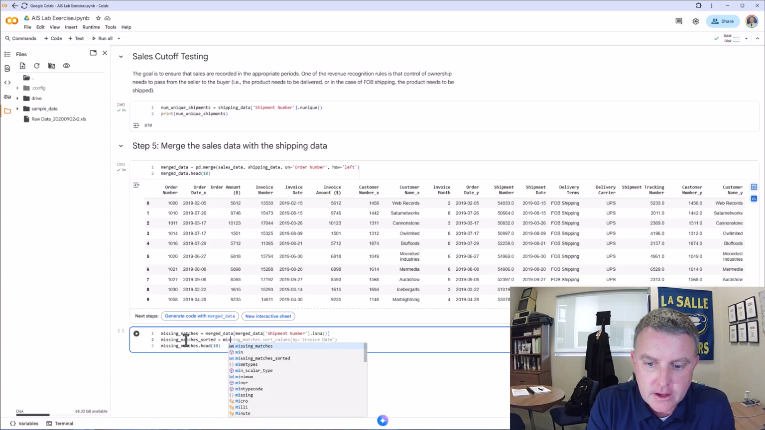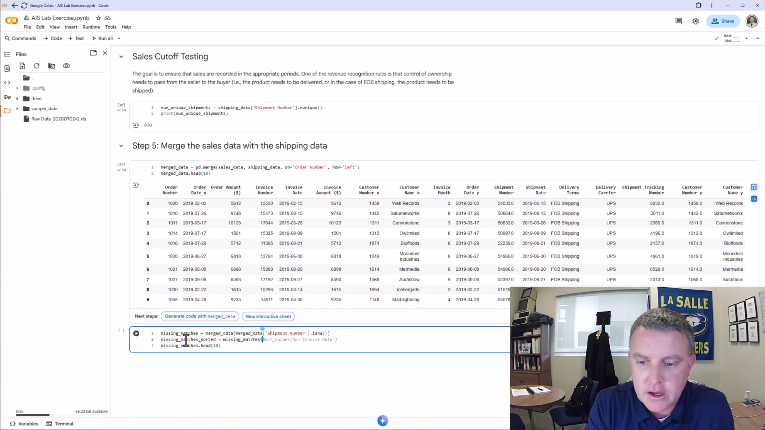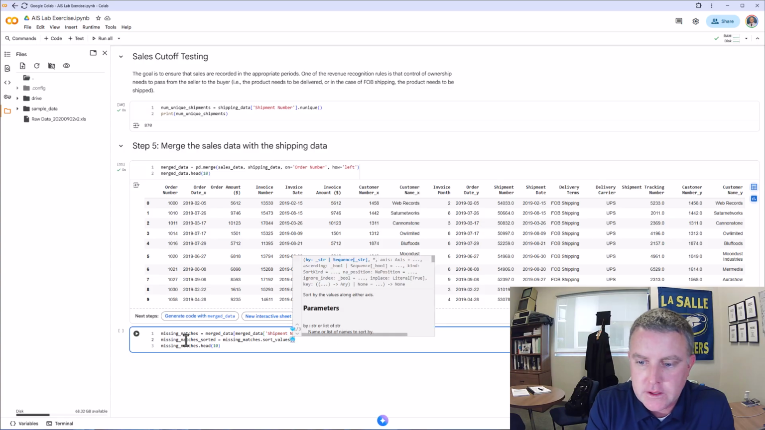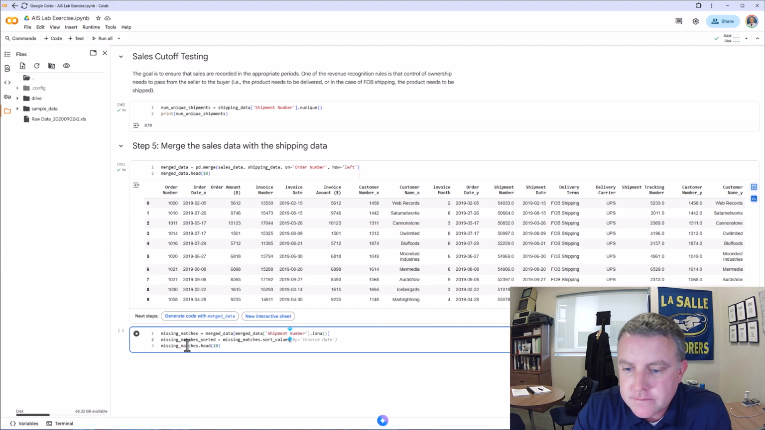And I want to create that as missing matches. I want to use the function called sort values, and I want to sort these by invoice date or invoice number. Let's go by invoice date. That's fine. I'm going to sort it by